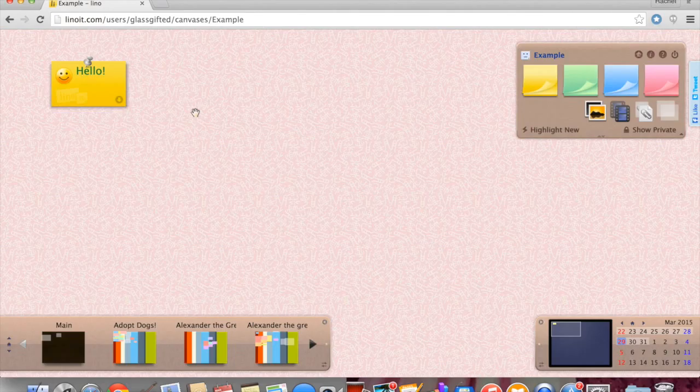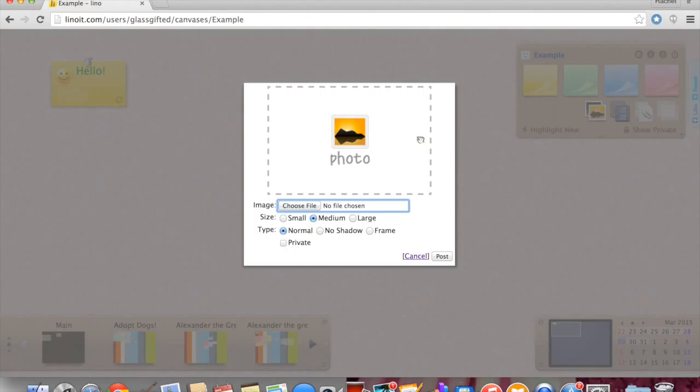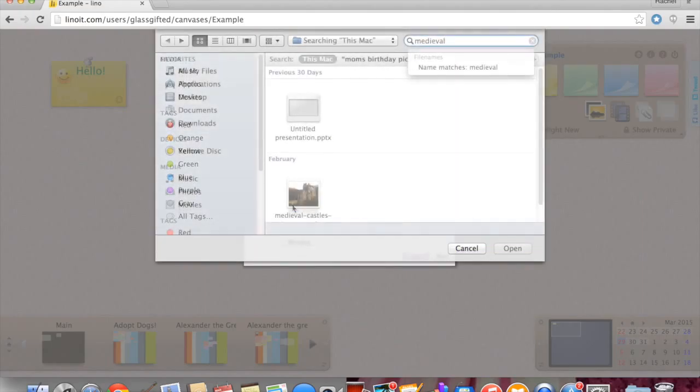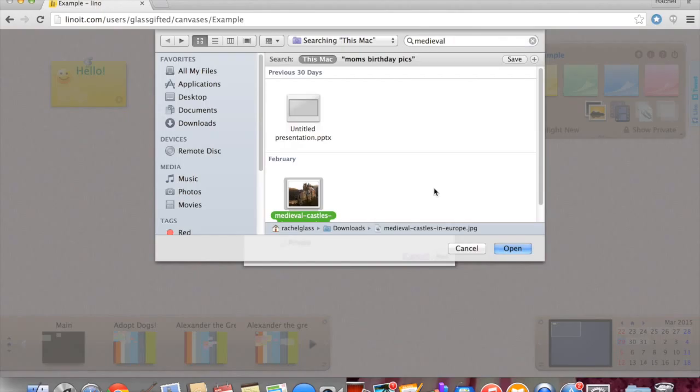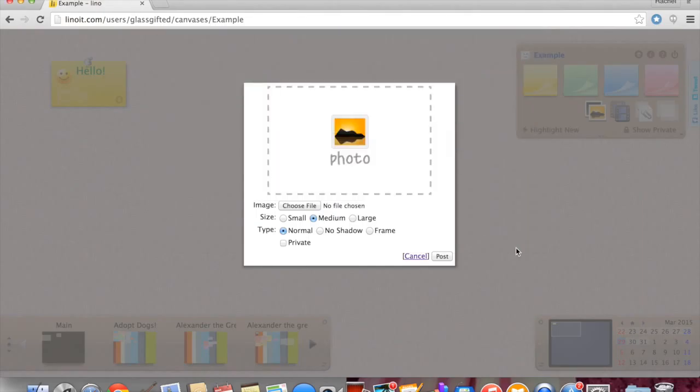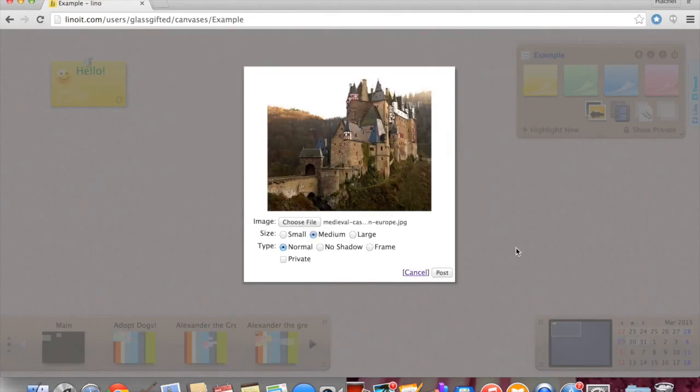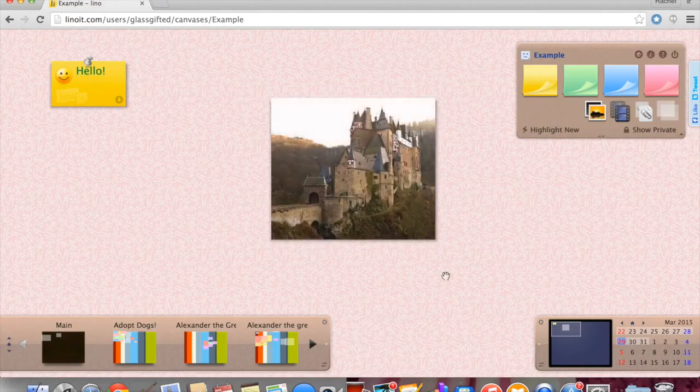Okay, another thing you might want to add to your board, or you might be required for your project to add, are pictures. So when you want to add a picture, you're just going to click this button right here that looks like an image, and it's going to ask you to choose a file. So before you can add this in, you're going to have already saved a picture from the internet. So let's just click choose file so you can see how it works. Here's a picture of a medieval castle. So I'm going to add that. Just click on the picture, click open, post it,